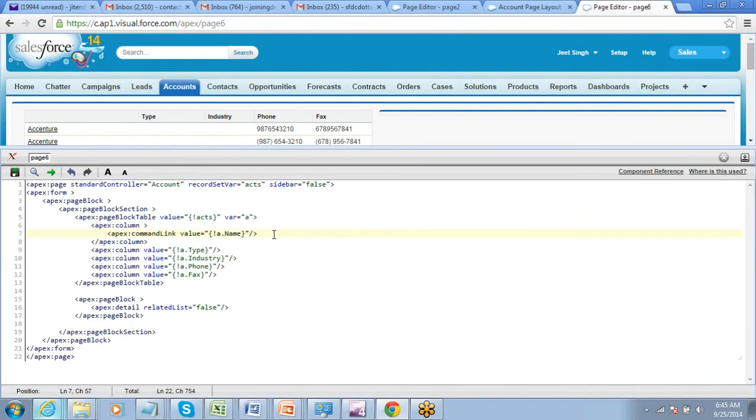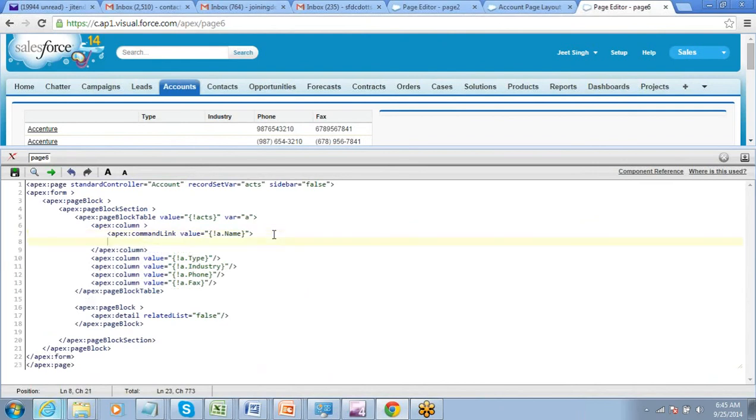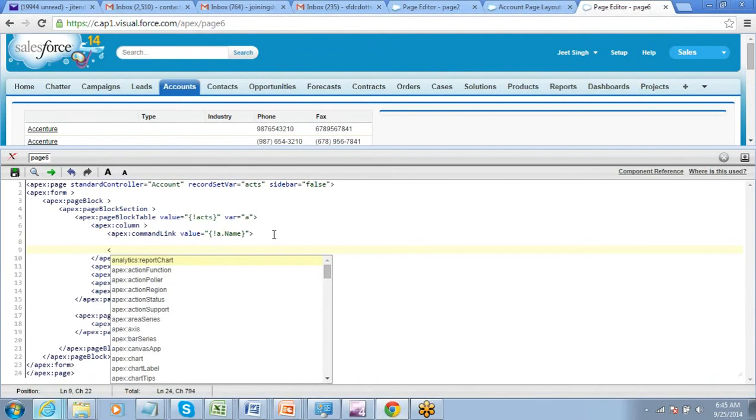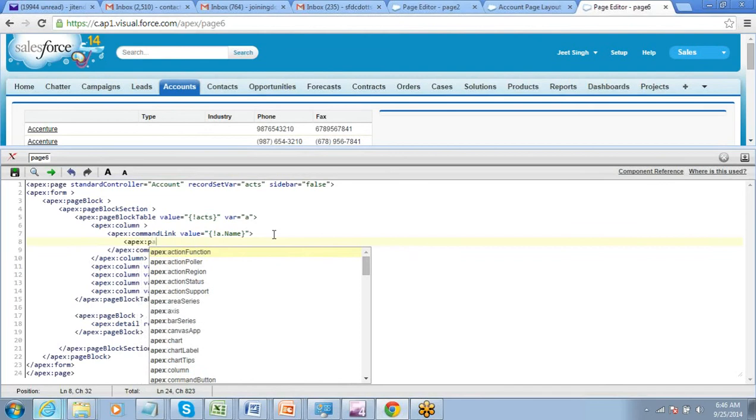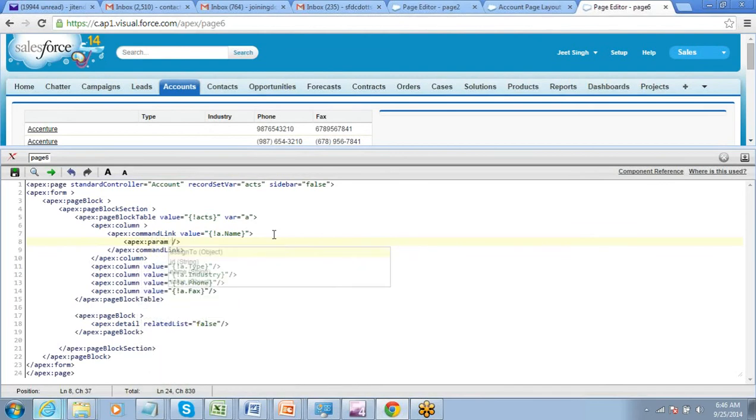So I am going to close this command link also. Inside this link I will define another component called param. This is just for defining a parameter. So on click of the link, define a parameter. That is what the param component will do.